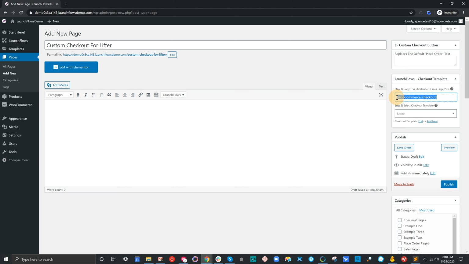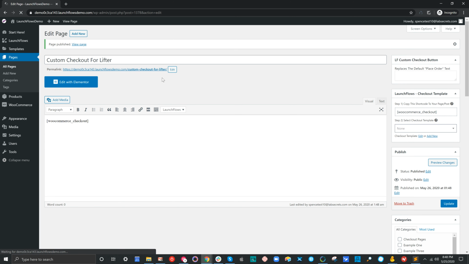Step 1 is we need to tell this page it's supposed to be WooCommerce checkout. So I just add the checkout shortcode from WooCommerce right in the normal WordPress editor. Second of all, we're going to need a template that will tell this page what to look like. Exactly what we're trying to do here. Before I go to make the template, let's just